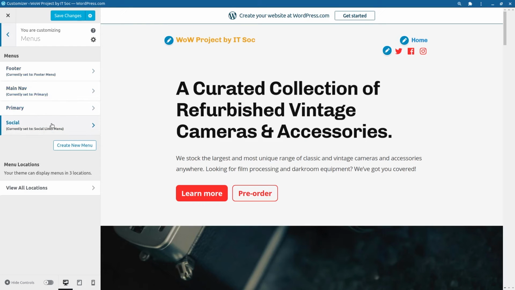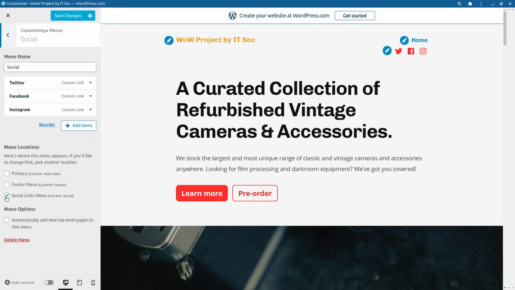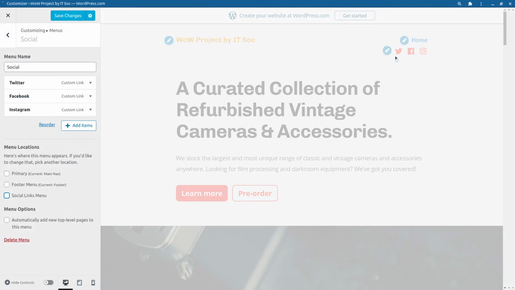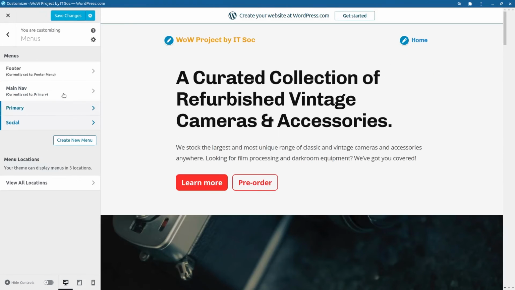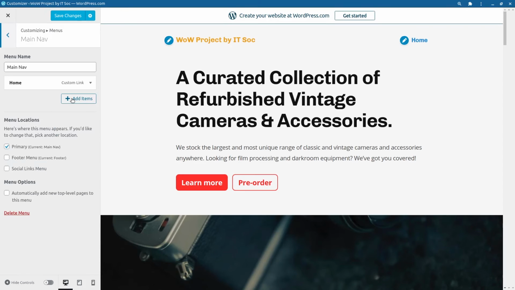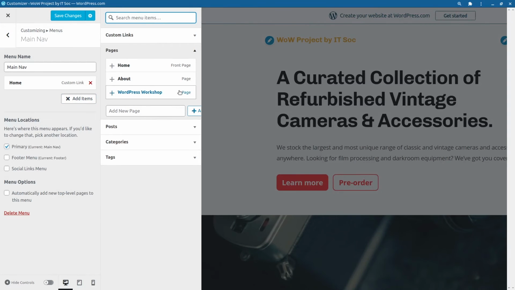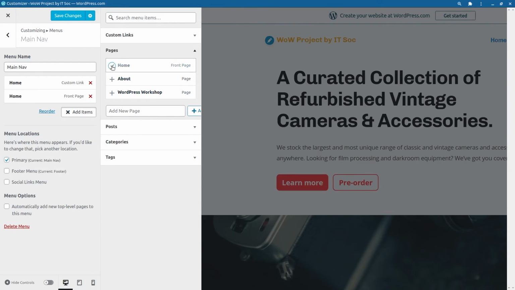And for menu, right, so this is where we edit our navigation bar. So we have footer, menu, main, navigation, primary, and social. We are going to use the main, and for the social ones we are going to uncheck this. Then we should have no social icons here. Right, for the main navigation we might need to come back later because the homepage is not what we want. Alright, so we might need, but we might not need.